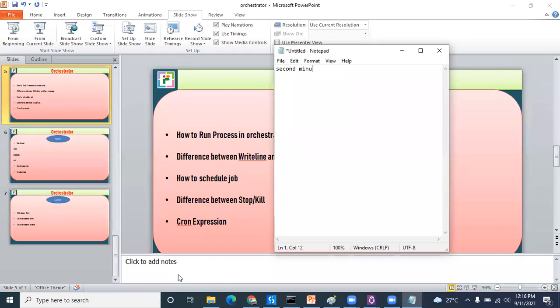Second, minute, hour, day, week, month, year. So cron scheduling is an advanced concept of scheduling. In an interview you might have such types of questions. Whenever you want to customize your schedule, you should use this cron scheduling. In cron scheduling, there are certain expressions that you should use, but in general, you have to specify when